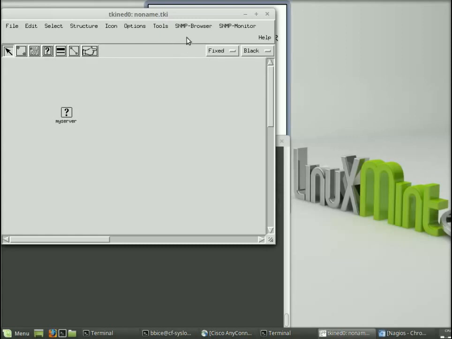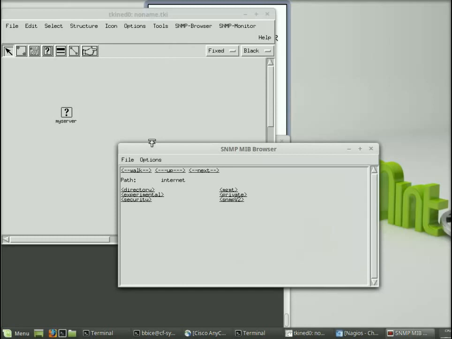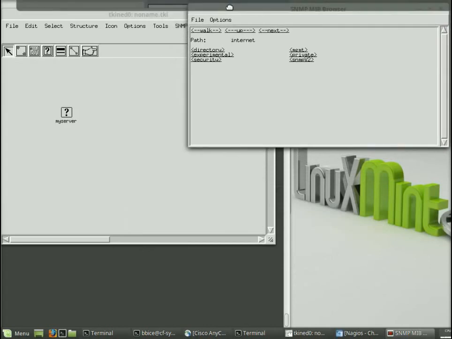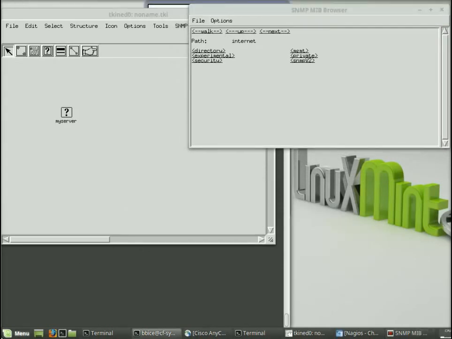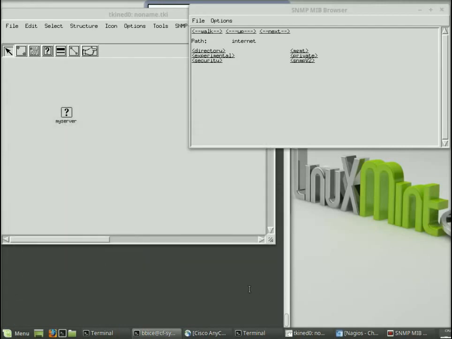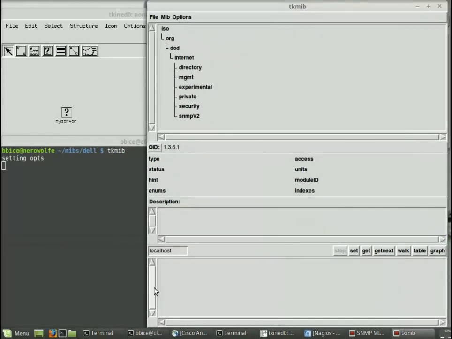So let's take a look at it and see what the data looks like. One of the cooler features in Scotty is it has this thing called a MIB browser. That lets us browse through the things that we can search by, the data we can search for. And if you don't have Scotty, and probably very few of you do, there's another tool. Actually, I'm just going to fire it up from the command line. There's another tool you can use called TK-MIB, and you can get this from any Debian distro, and it lets you do the same sort of thing. There's a few things in Scotty that I like better, so I'll be switching back to Scotty at some point,